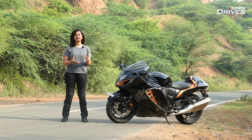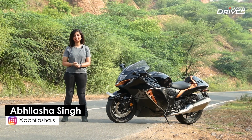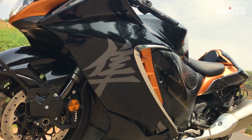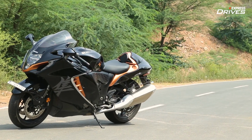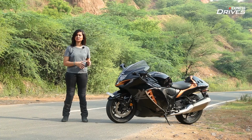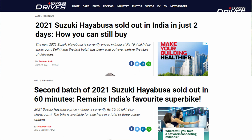Over the past few years, I've been lucky to have test ridden and reviewed a lot of motorcycles. But today we're talking about the Falcon. Not many motorcycles are as aspirational as this one. No matter what I say here, if you want one of these, you're going to get one of these. And that's the reason why the first and the second batch of the Suzuki Hayabusa 2021 model have been sold